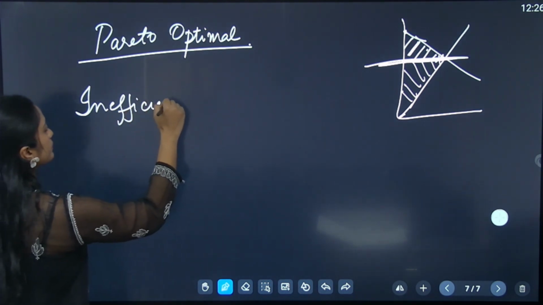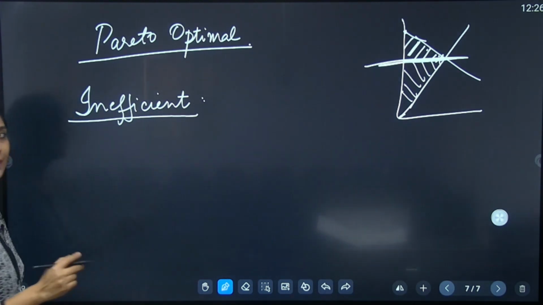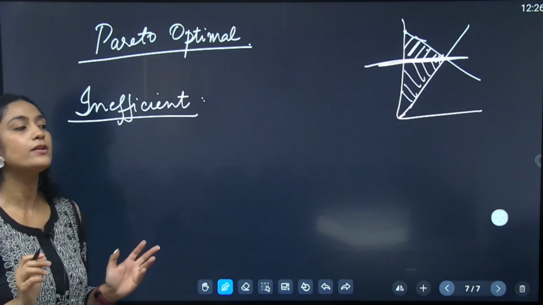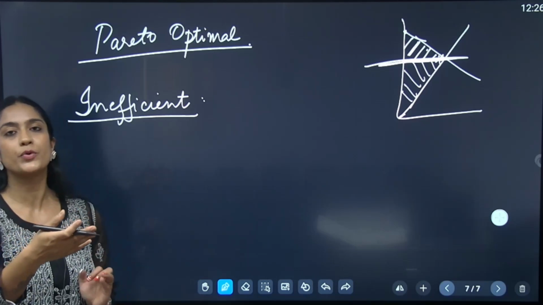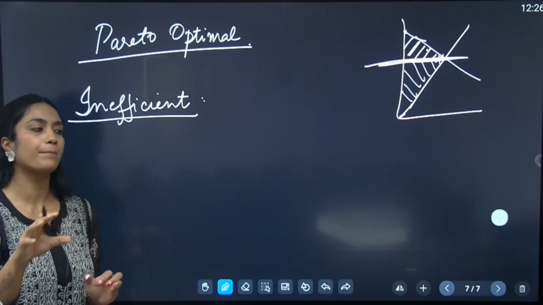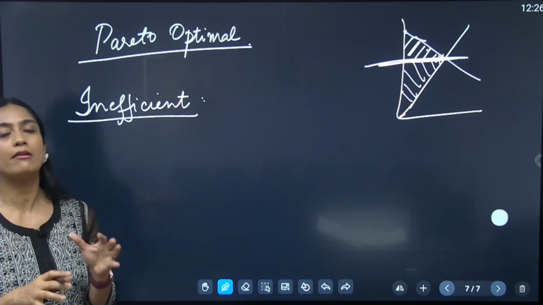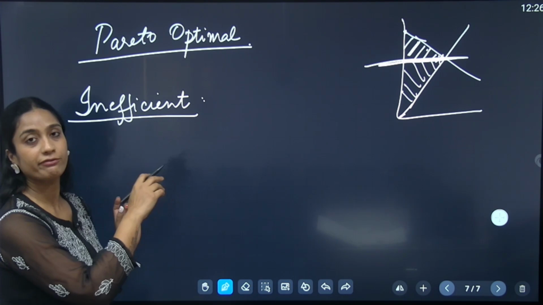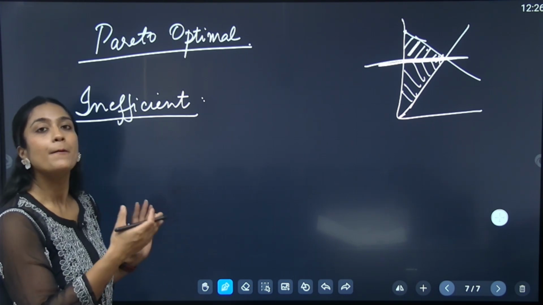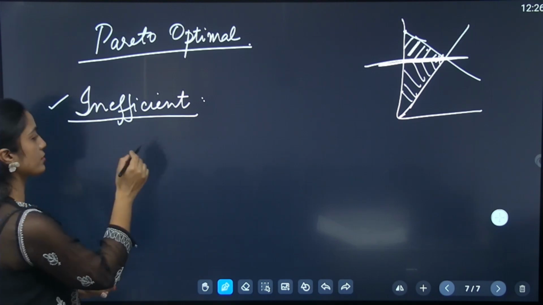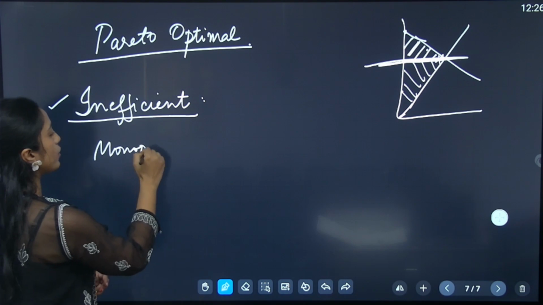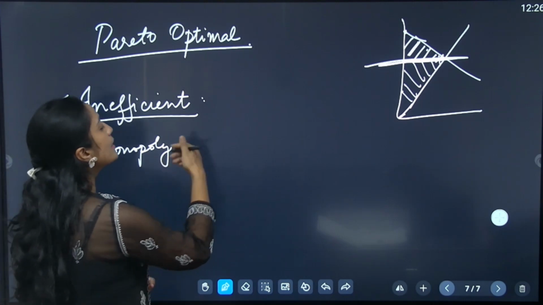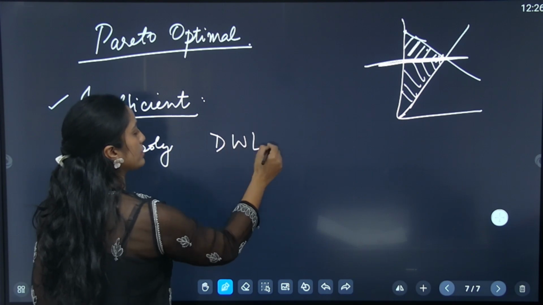Any market was called inefficient when the size of the economic pie that there was, or the sum of the consumer and producer welfare, or whatever are the agents in the market, if the sum of their welfare could be increased. So if it was possible for the total welfare or for the size of the pie to get bigger, then the existing market was called inefficient, right? So like in a monopoly, or when you introduce taxes, per unit taxes in a system, then